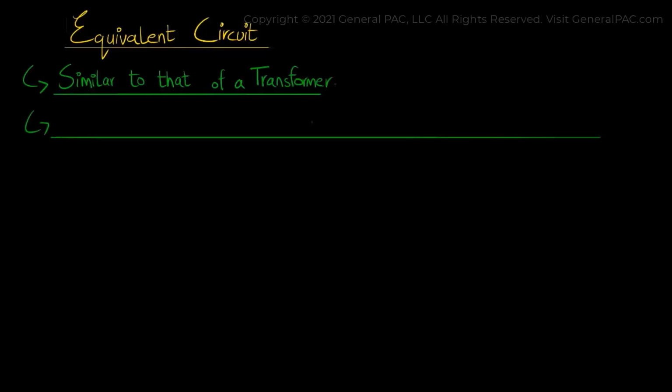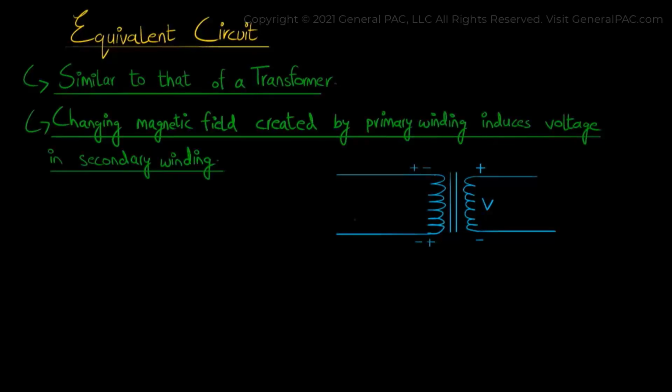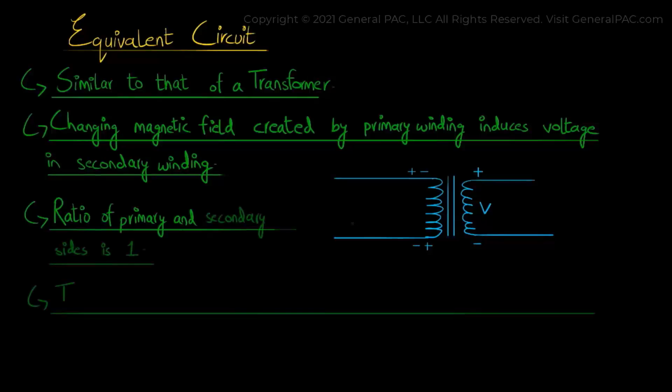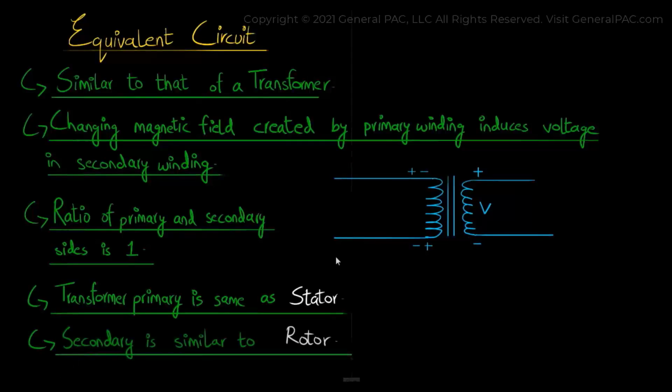Due to the fact that both machines use the same phenomenon of induction, that is, the changing magnetic field created by the primary winding induces voltage in the secondary winding. This is conceptually similar to the induction of voltage in the rotor through the stator winding, the only difference being that the ratio of the primary and secondary side is always 1. So we can say that the transformer primary winding is similar to the stator, and the transformer secondary winding is